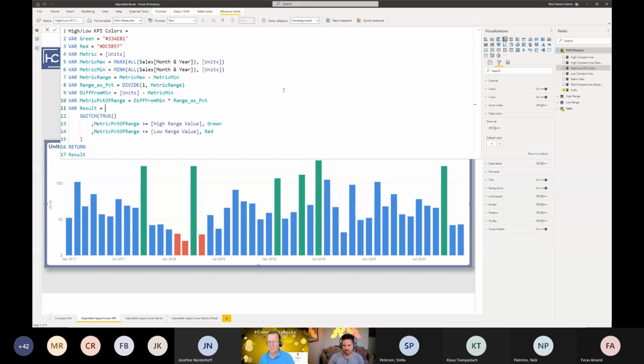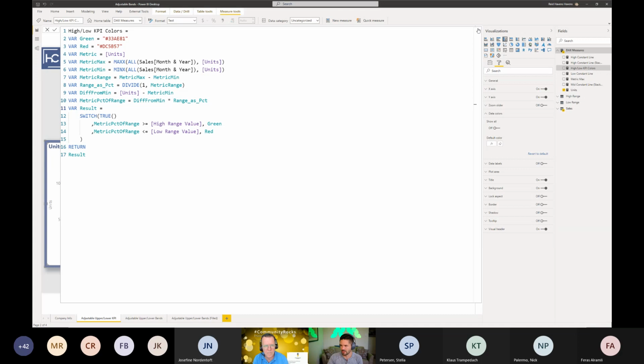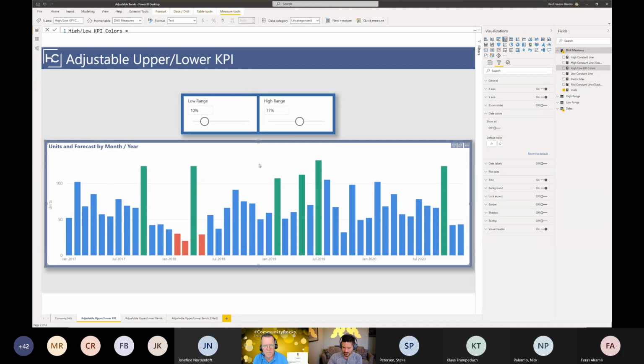Like I said, I could probably spend 25 minutes just talking about this, so I don't want to get into the weeds too much on the measure and dive into that rabbit hole. I'm providing this if you want to download, but showing you how this can be implemented into a visual itself. And that's what's being provided with these two into the visual.